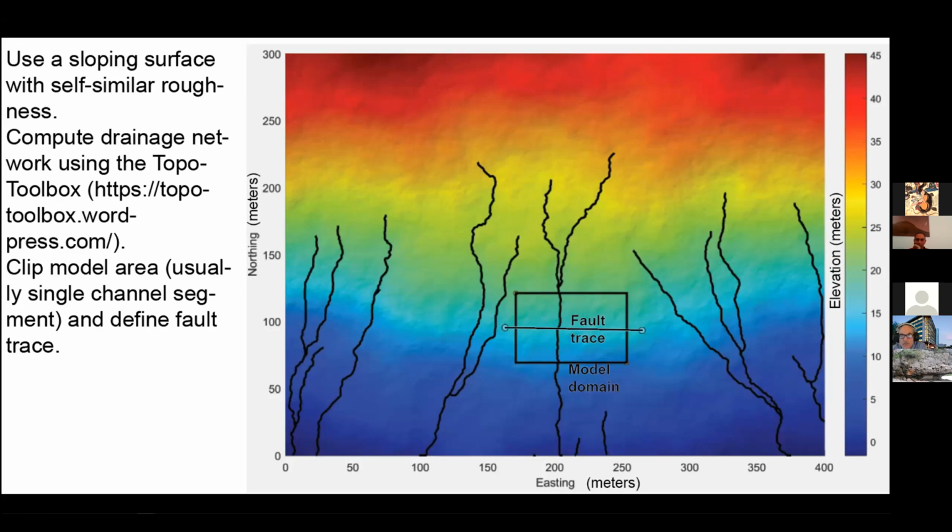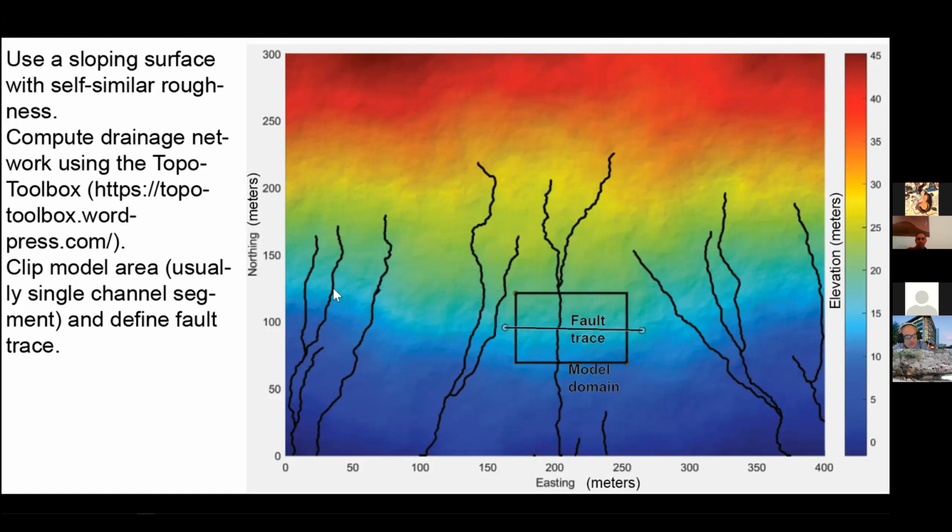So we set up the topography. This is completely arbitrary. We are inspired by the Carrizo Plain, but we're just doing a simulation. So we set up some topography. It's a sloping surface with a little bit of roughness. And then we compute a drainage network across this topography. And we set up a fault trace. And then we just use a smaller piece of this domain, which is shown in this little box, but we have the landscape beyond that domain to make sure there are no edge effects. And so we zoom into this little box,